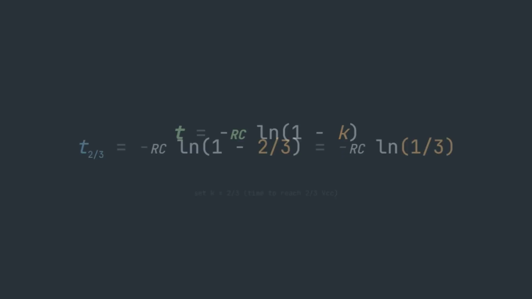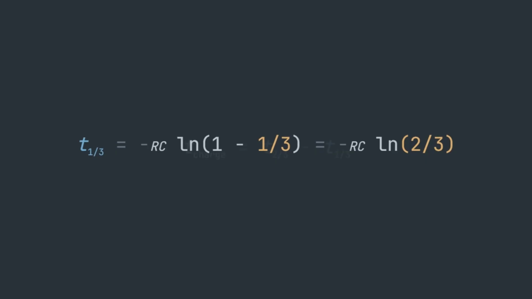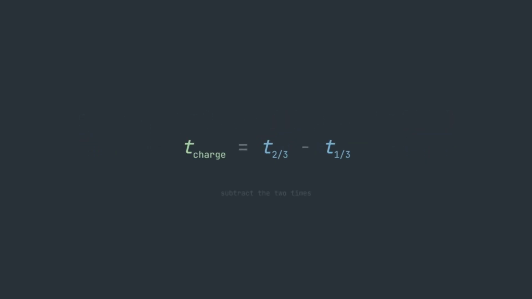And therefore, we can find out how long it takes to go between these by setting V of t to 2/3 of VCC, and plugging that back into the equation, we'll get t equals minus R times C times the natural logarithm of 1/3. And doing the same for a third of VCC, which is the other part, we'll get the natural logarithm of 2/3. So if we want to find out the time between these two intervals, we just subtract t